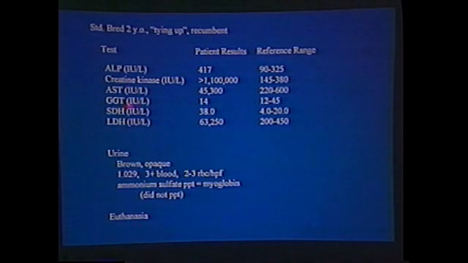Muscle enzymes are characteristically increased, and CPK is not just 10,000, it's over 1 million in this horse. In large animals, in particular horses, unless that CPK is over 50,000, I really don't care. It's just a little too sensitive. And then you can see how they went through some of these tests we just talked about to prove that it was myoglobin. Tying up, just one of the nicknames,